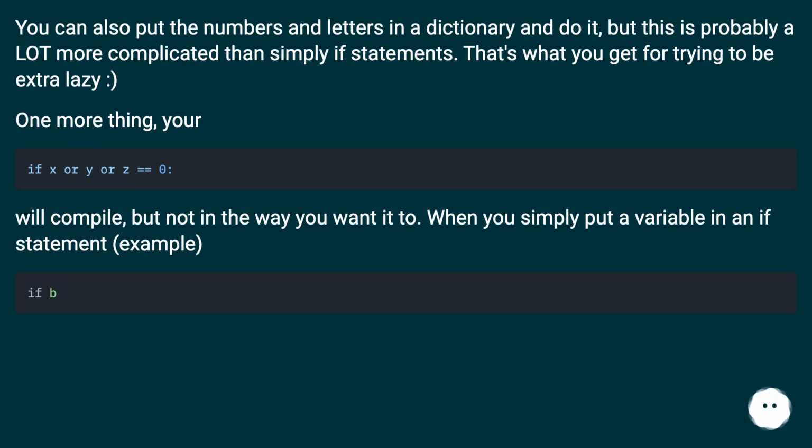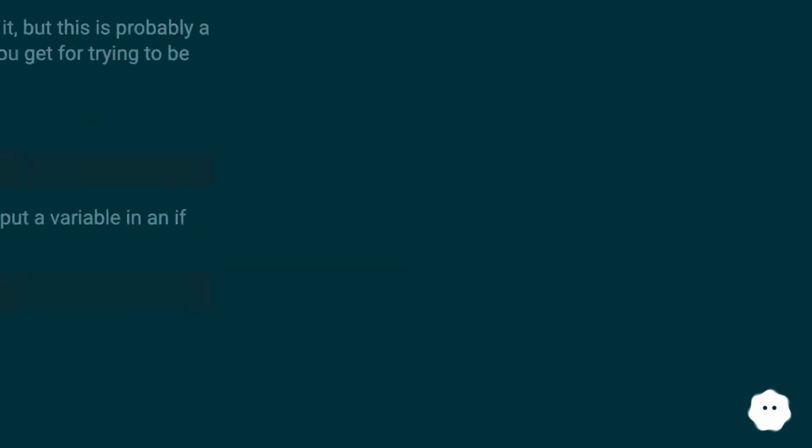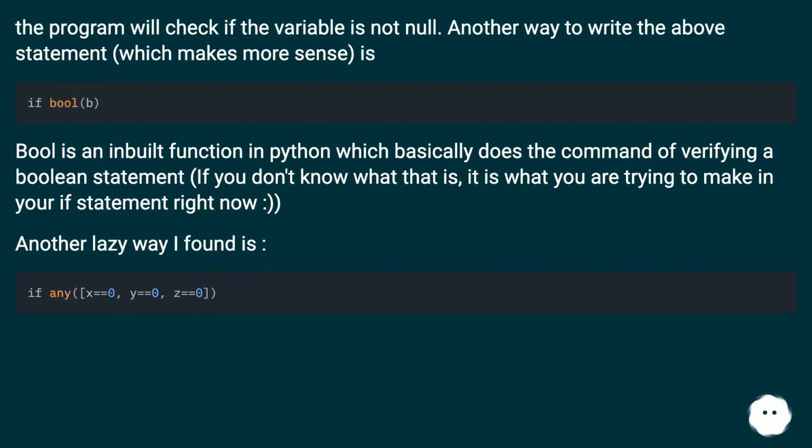One more thing, your code will compile, but not in the way you want it to. When you simply put a variable in an if statement, example, the program will check if the variable is not null. Another way to write the above statement, which makes more sense, is bool, an inbuilt function in Python which basically does the command of verifying a Boolean statement. If you don't know what that is, it is what you are trying to make in your if statement right now, smiley face. Another lazy way I found is